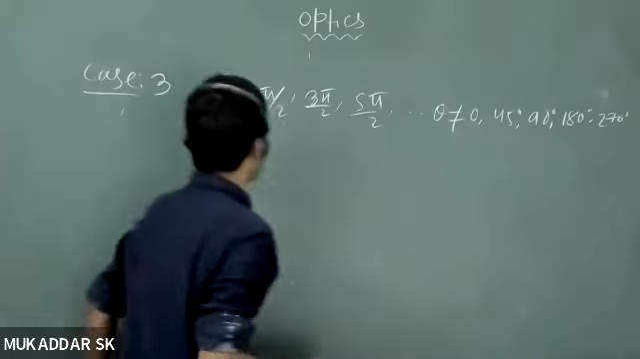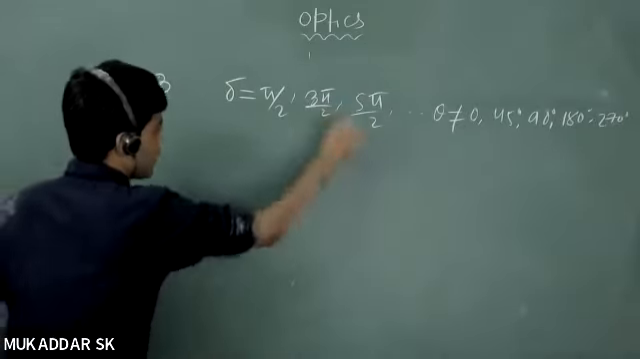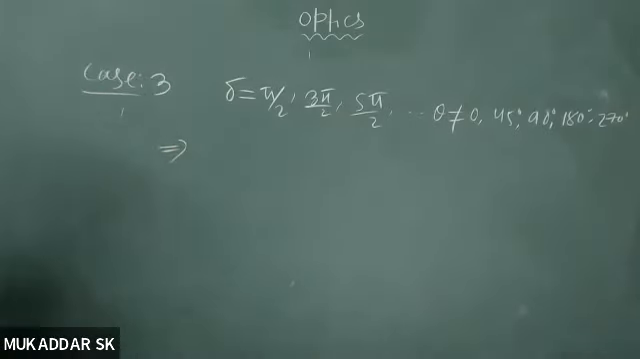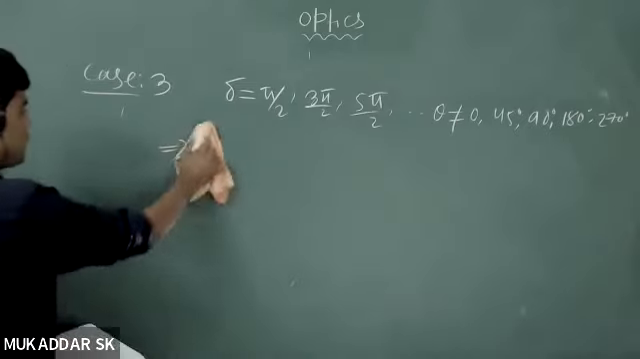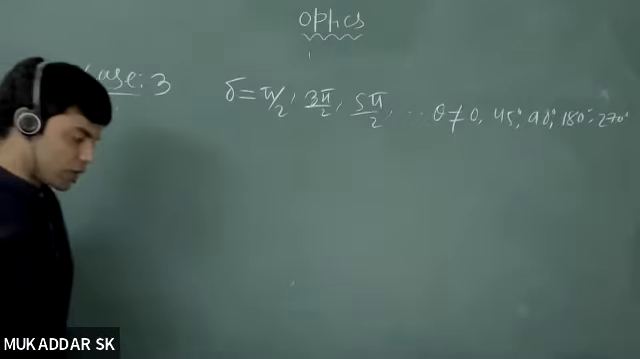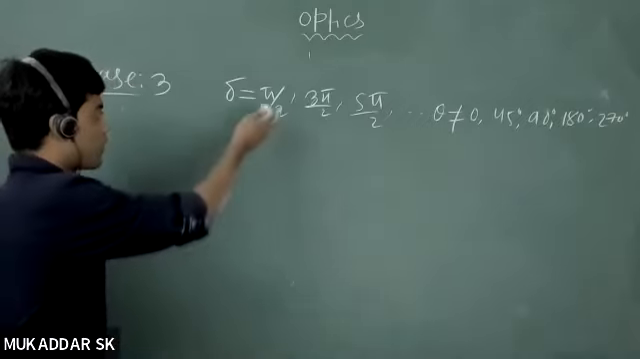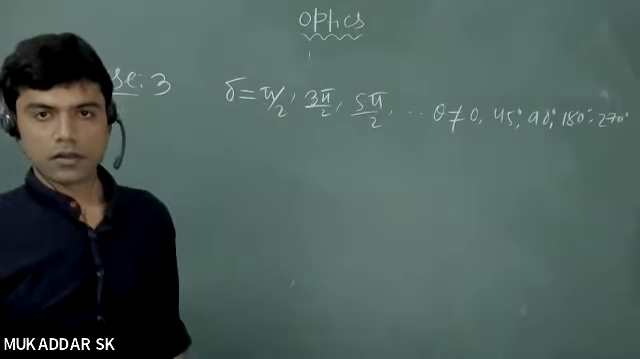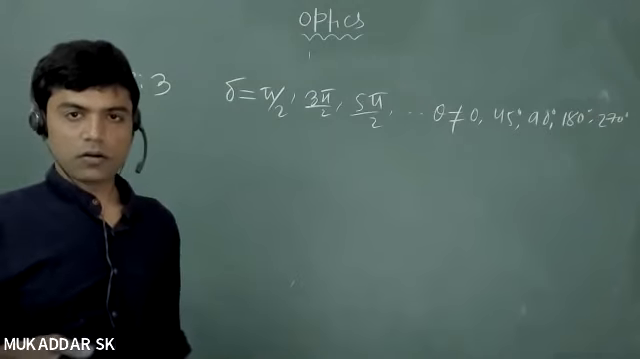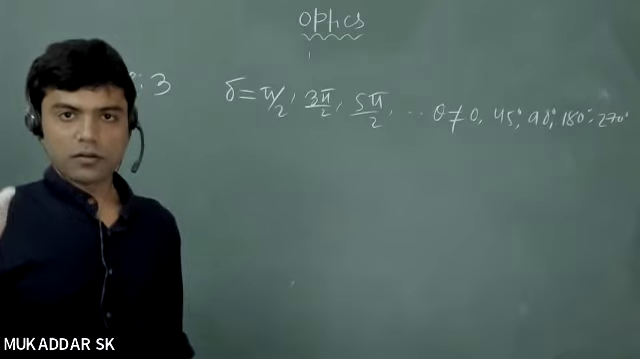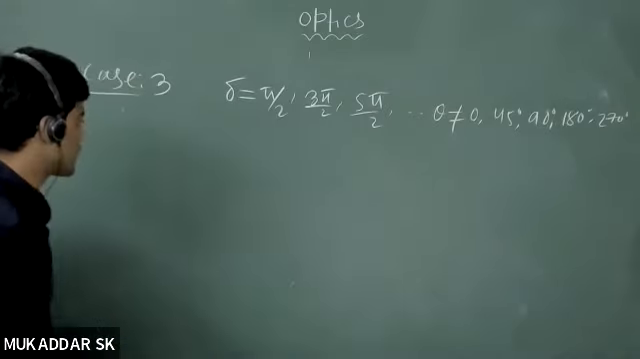If you keep the value of delta as this, what will your equation become? Can anyone in that class tell me what form the resultant equation will take? In that scenario your cosine term will be 0, right? Because cosine pi by 2 is 0, but the sine term will be 1. So if you substitute in your original equation, cosine term as 0 and sine term as 1, then you will get